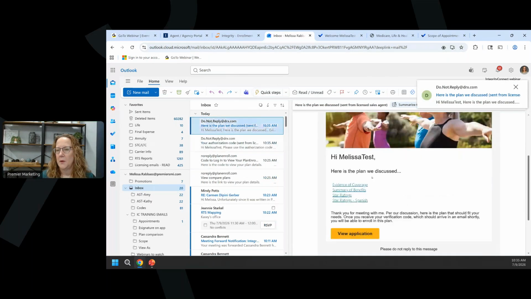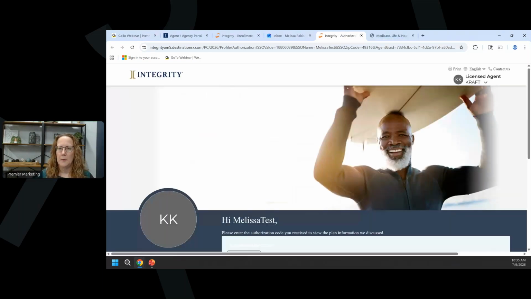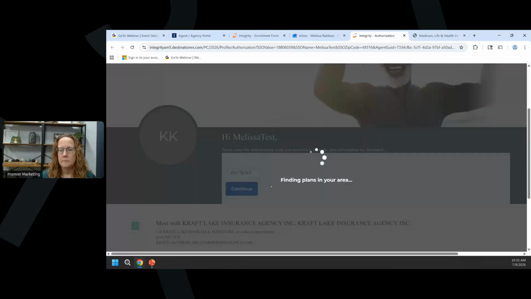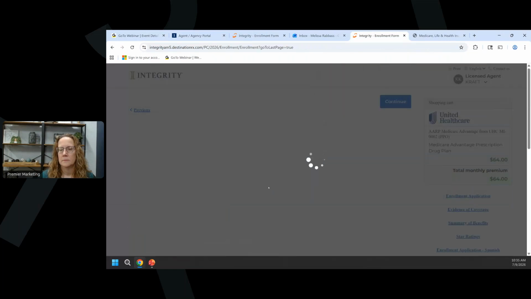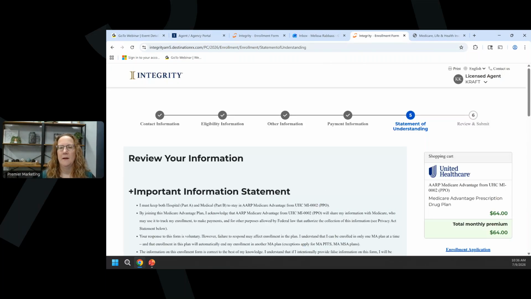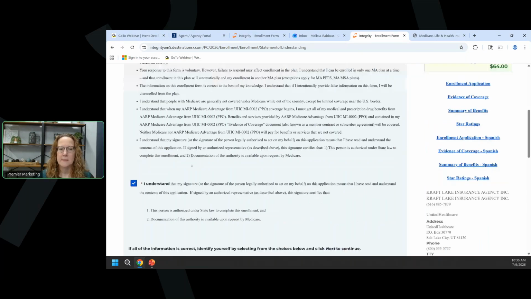There it is. Where they can go in and see all those documents that you just attached. They'd hit view application. And again, it's going to open up in the Plan Enroll website. Actually, I spoke too soon. It is not open in Plan Enroll. Okay, so here it's going to have them review that information statement and verify that yes, that is all correct